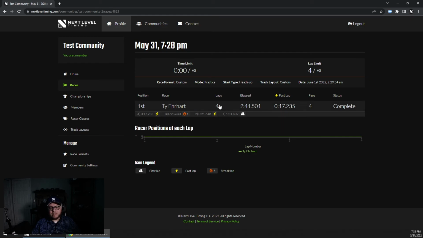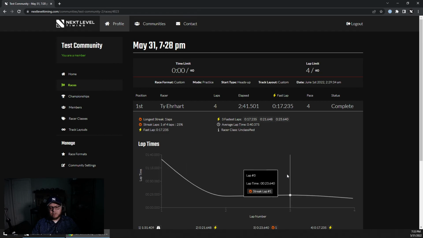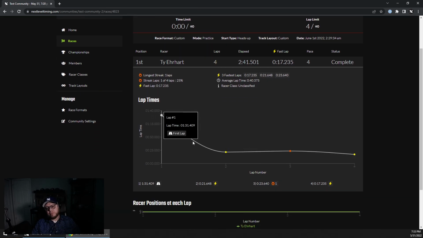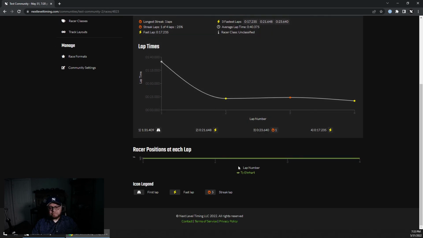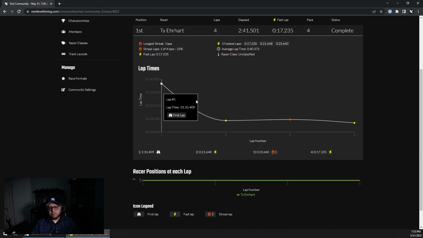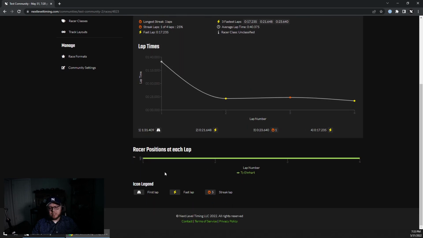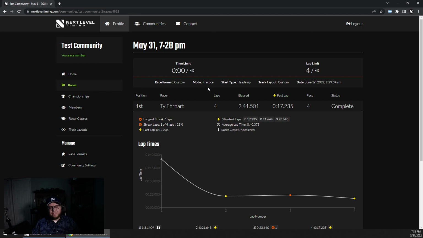So we had a race, and you can see these same results. And on here, you actually get a graph. This graph is actually only available to pro subscribers. So each racer will have to subscribe to the pro membership if they want to see these silly graphs. This racer lap position is a lot cooler if you have a bunch of racers, and we'll show that at a different time. But yeah, you can clearly see